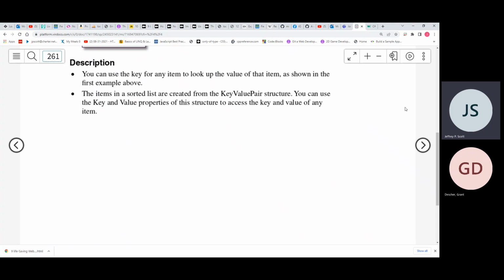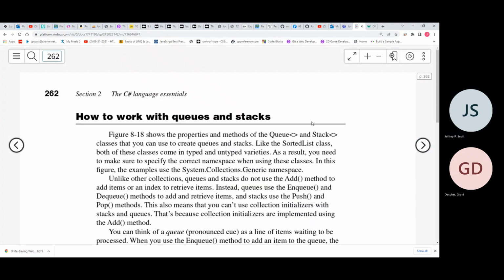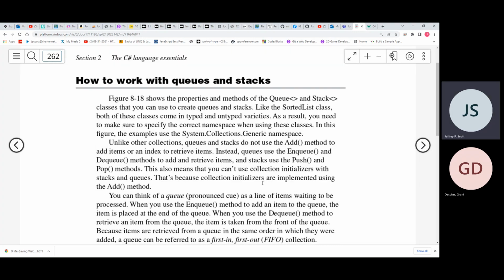You can use the key for any item to look up the value. All right, and the items are in a sorted list based on the keys. It says you can use the key and value properties to access the key and or the value. All right, queues and stacks I've already mentioned to you. Okay, and they use some of the more